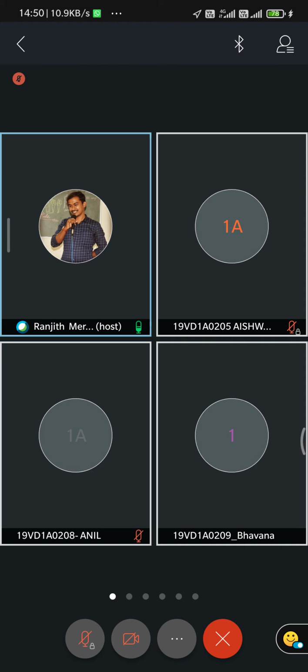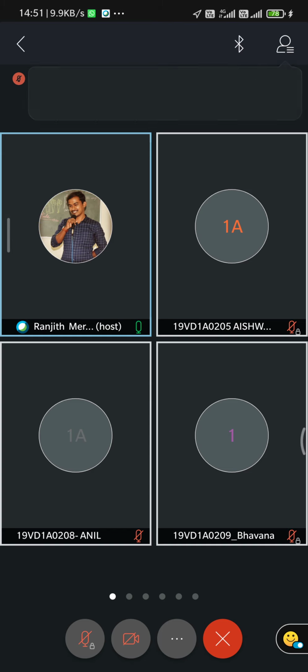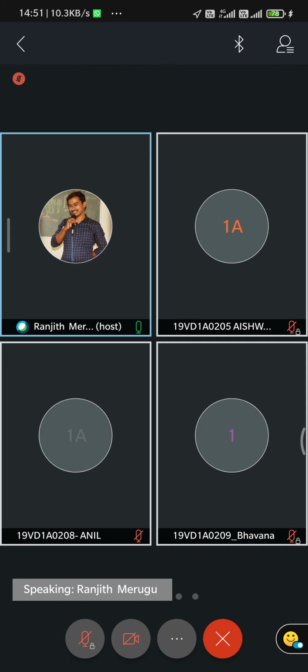If we talk about the fourth unit, in the fourth unit we have two topics: feedback amplifiers as well as oscillators. I hope you have some clarity about the amplifiers. Today I will just give an introduction for the fourth unit, the feedback amplifiers. You have got some idea about amplifiers, but what is this feedback?